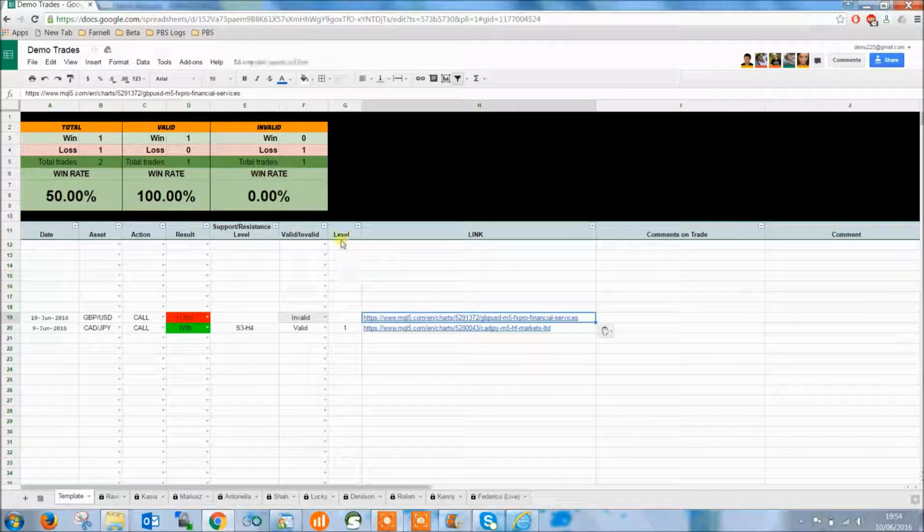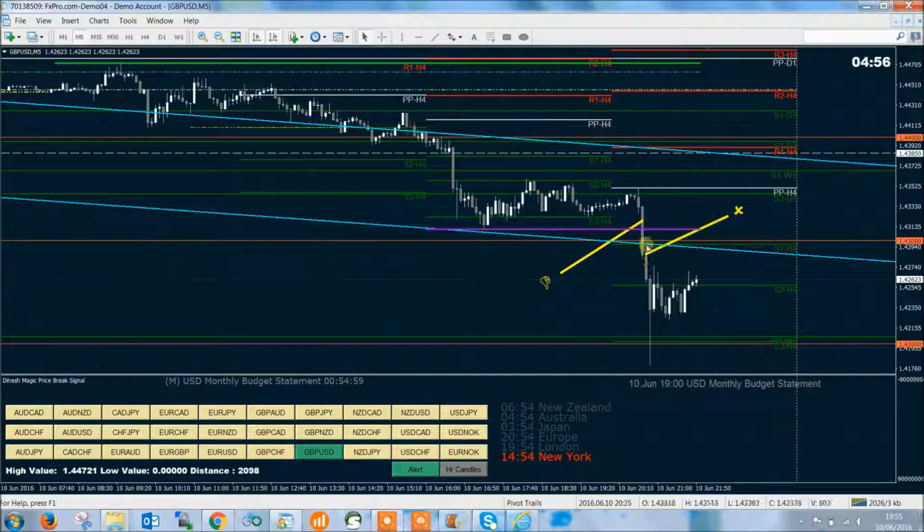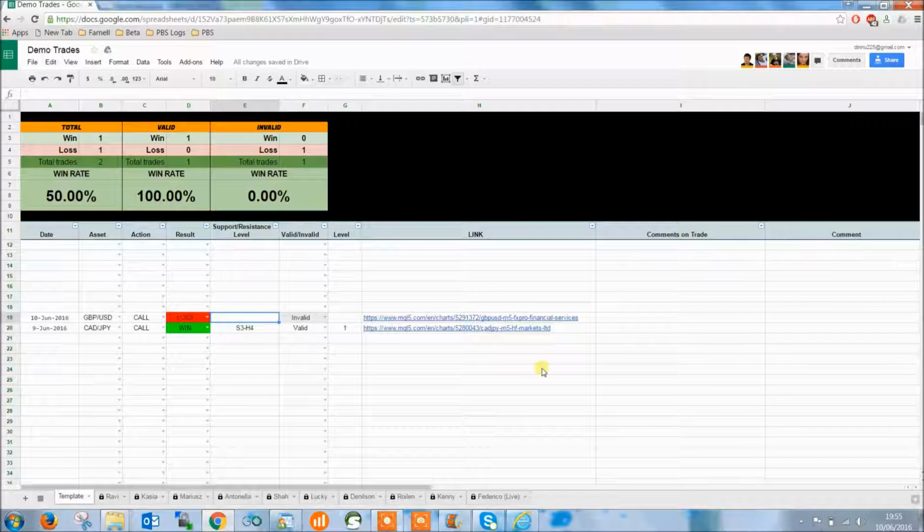So what does this level mean? Barrier means the barrier that you choose to trade, because in this case it's an invalid setup. The reason is there is no barrier for the price to get reversed, and also it's a medium news time. So we say it's a medium news time in the comment section. Why is it invalid? Because it's news time, and you can say it's medium news, and then it's not applicable here. It's invalid.